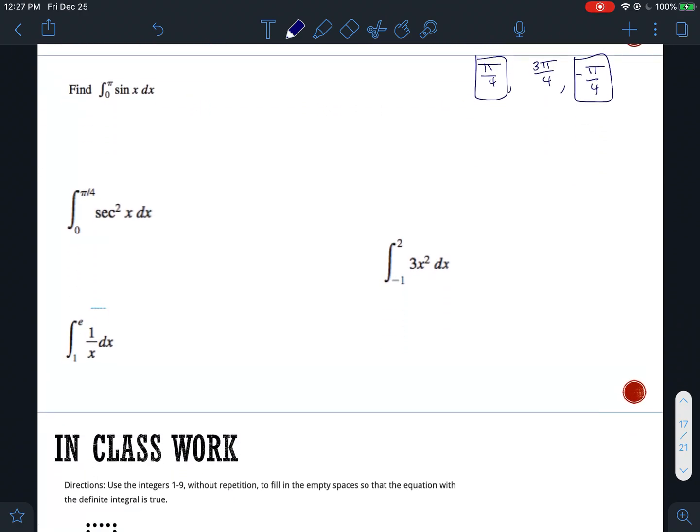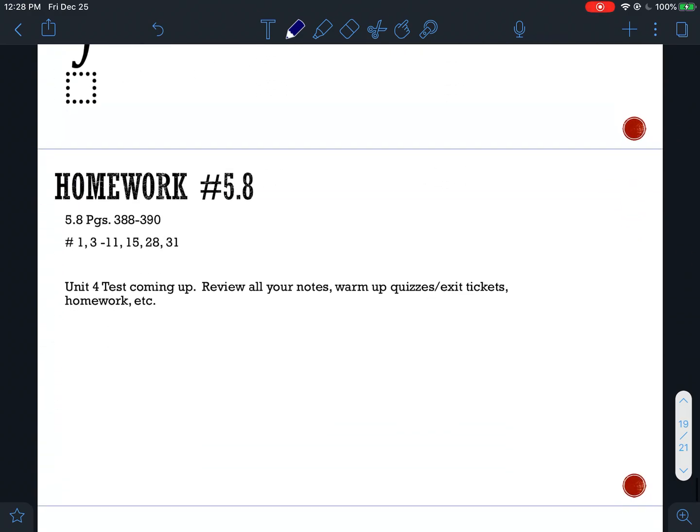Now we're just going to do a couple review problems. So go ahead and pause the video and see if you can review how to find these different definite integrals. So integrate sine x between 0 and pi. Integrate secant squared x between 0 and pi over 4. Integrate 1 over x between 1 and e, and integrate 3x squared between negative 1 and 2. So go ahead and pause the video and try those, and then you can check your work against the finished notes from class today. Your homework is your worksheet over